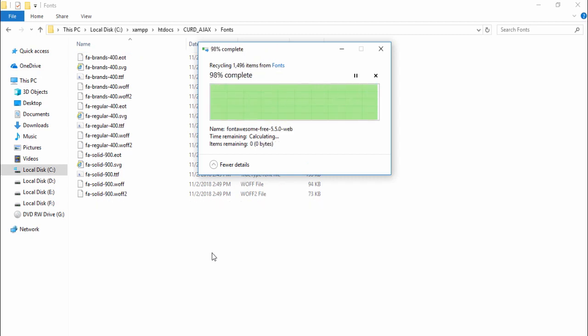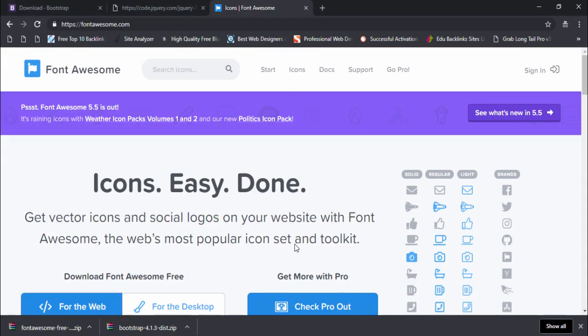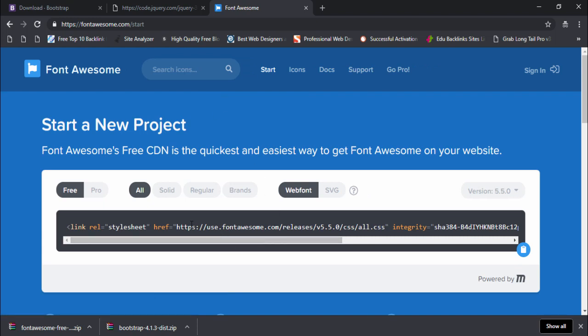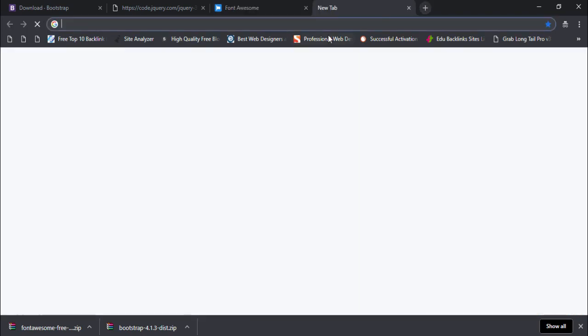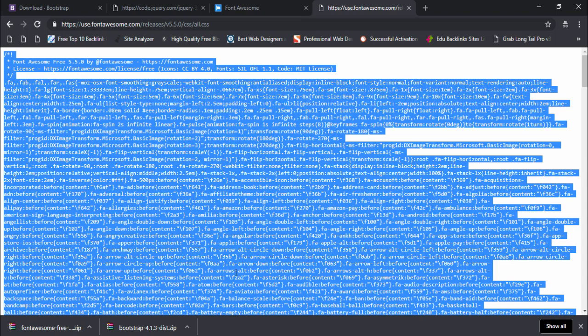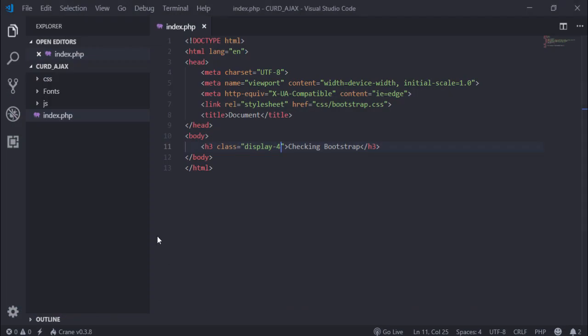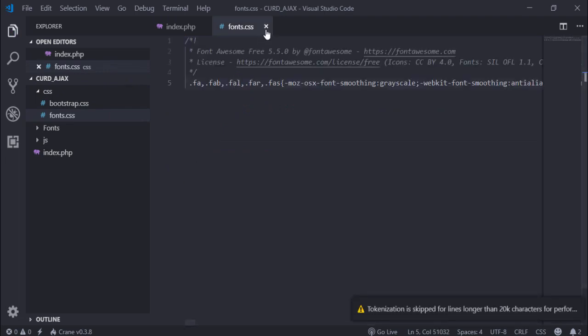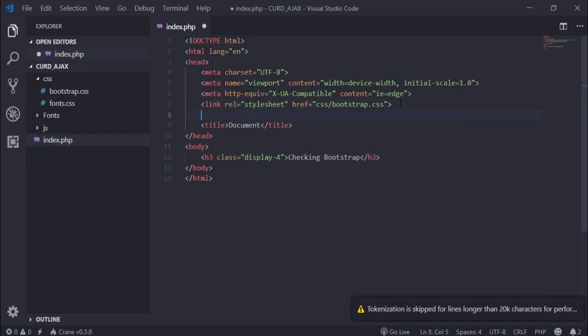now we need to also use the Font Awesome CSS file, so I check where the CSS file is. I select start and I select this URL guys, this URL. Okay, copy that and paste here. This is a CSS property that will help you to use Font Awesome icons. I create a file inside my Bootstrap, I mean CSS folder. I use fonts.css, paste the code, save that and include this file also,